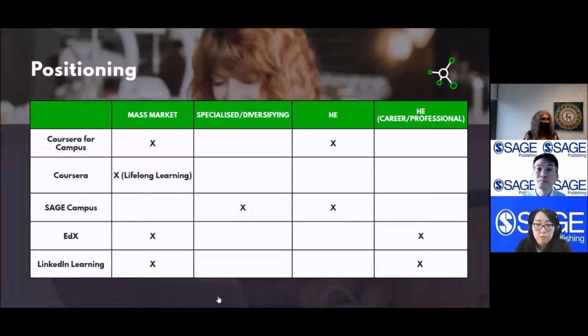We have had universities who come and say, oh yeah, I've got Coursera. But the question is, are you looking to have content that will really help your students to be where they want to be, or your faculty to be where they want to be, with specialized courses and focusing only on the higher ed by the world leading research methods publisher? Or are you quite happy to have a very broad range where the people learn bits and pieces of it and not quite have the